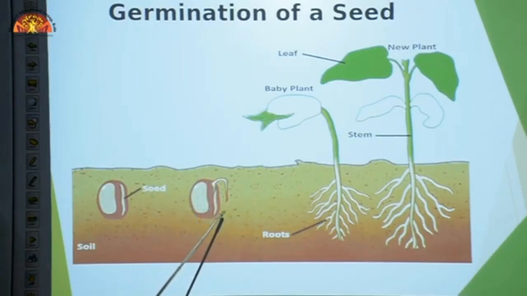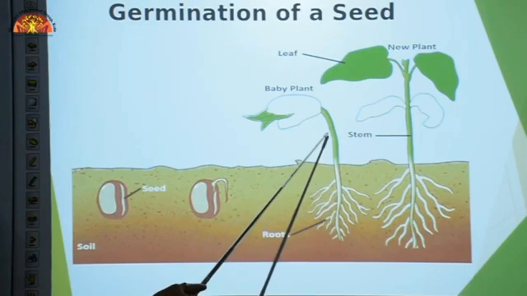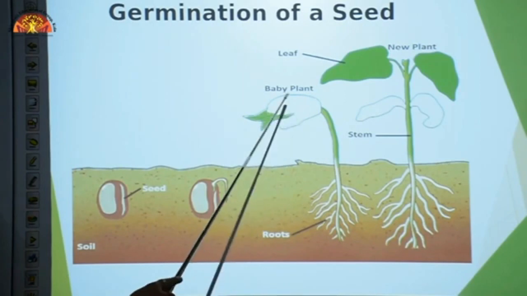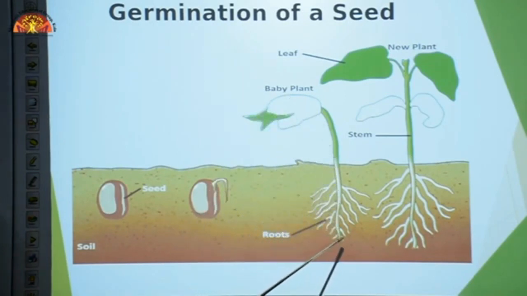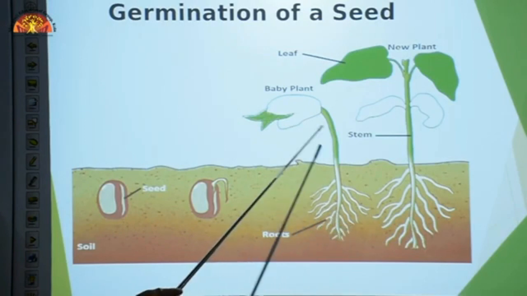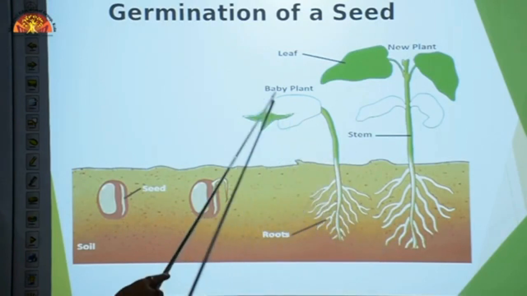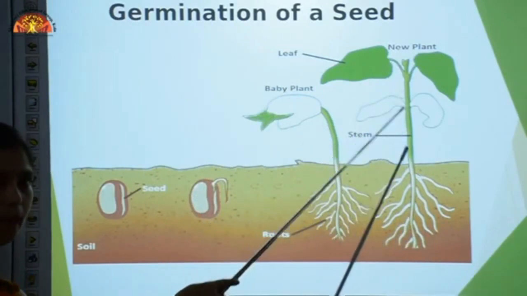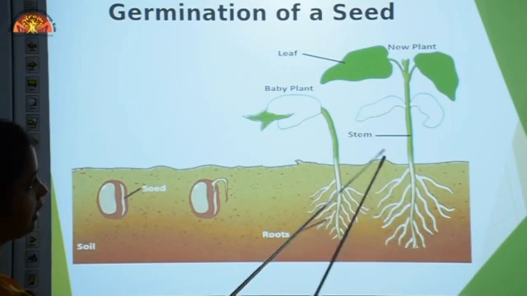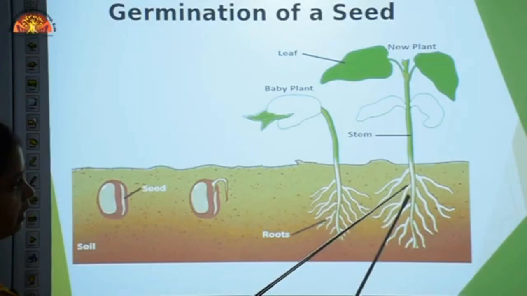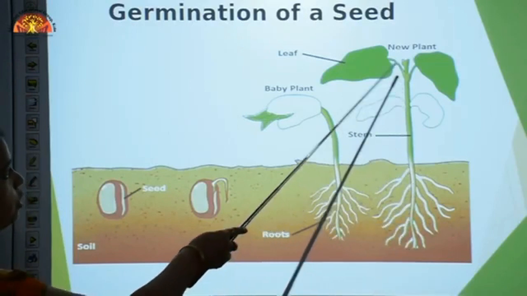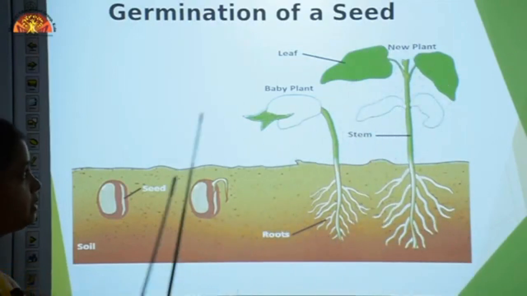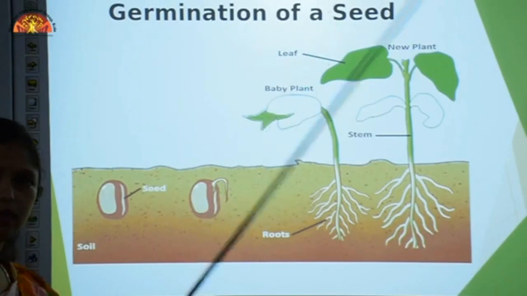So first root starts growing and then shoot starts growing. As you can see in the picture here, this is the baby plant, and from here shoot starts growing and root starts growing downward. This we have already discussed, that roots grow downward and shoot grows upward. Then you can see here, this is a small plantlet. ये एक small plantlet है जिसमें you can see that seed has now converted into a small plantlet with a root here, then a shoot, small leaves start developing on this new plantlet. So in this way seeds can germinate into a new plant.